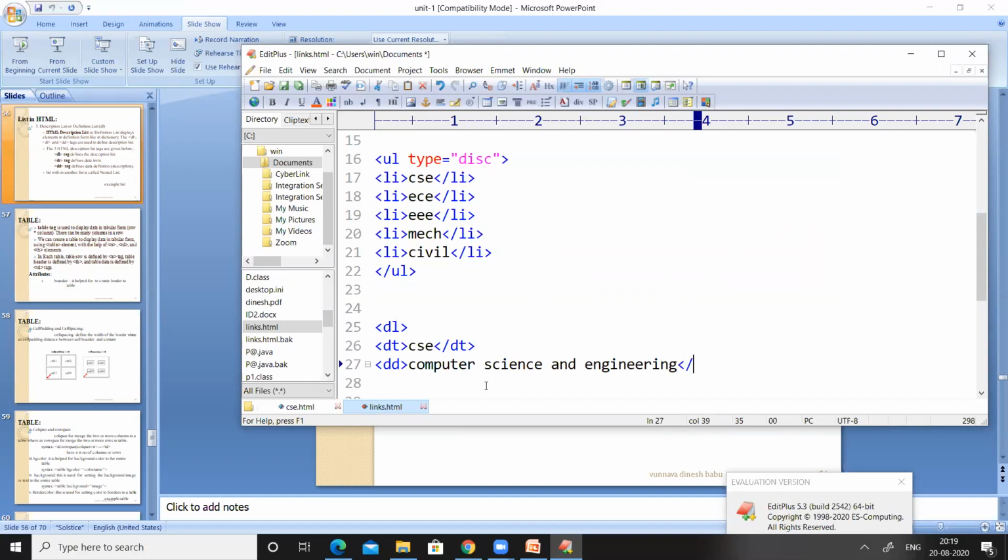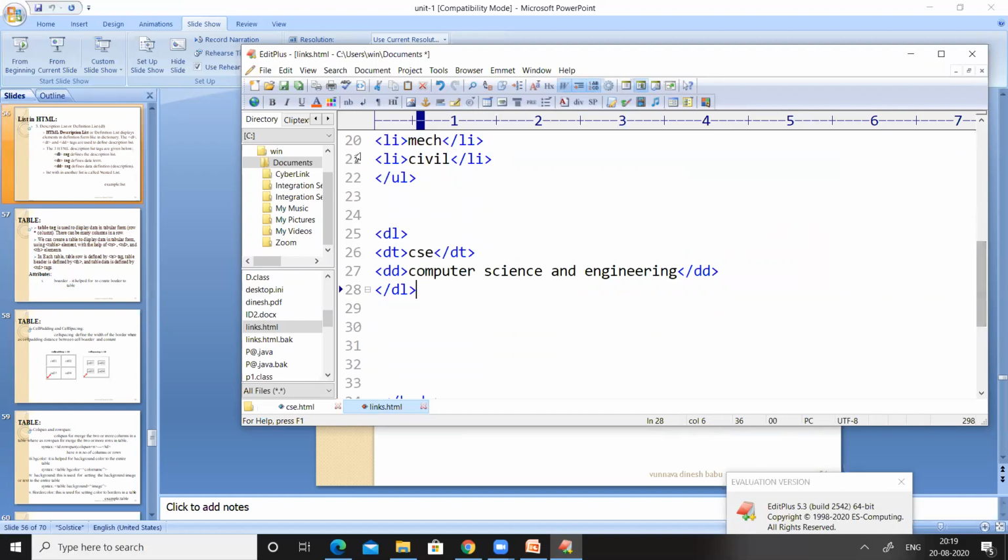For the DD tag, use science and engineering. Close the DL tag also. Verify how this description list will be displayed on the web page.